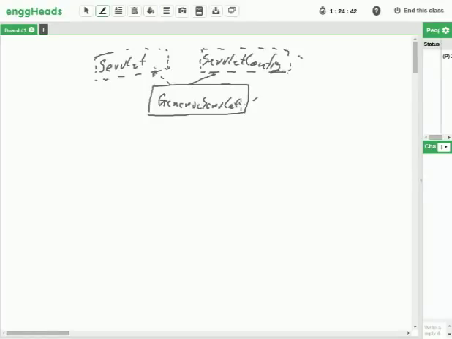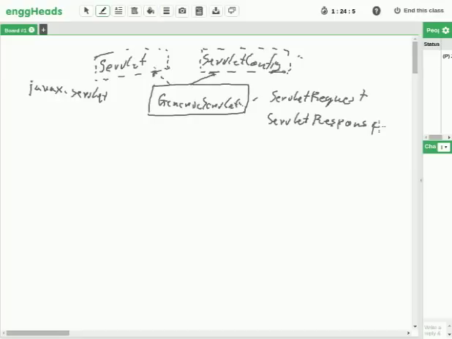Now whatever we have seen so far is all part of the javax.servlet package. In this we had the service method, which was using the interfaces ServletRequest and ServletResponse. So this is all very general. It's not specific to the HTTP protocol. It's general, any protocol may be there,